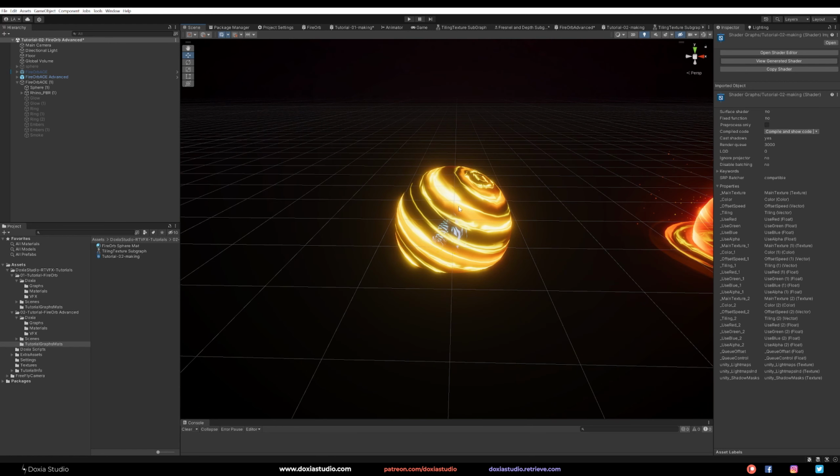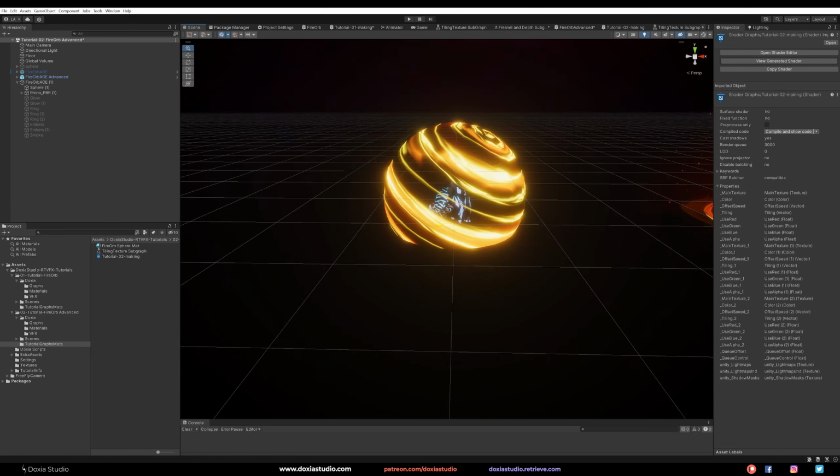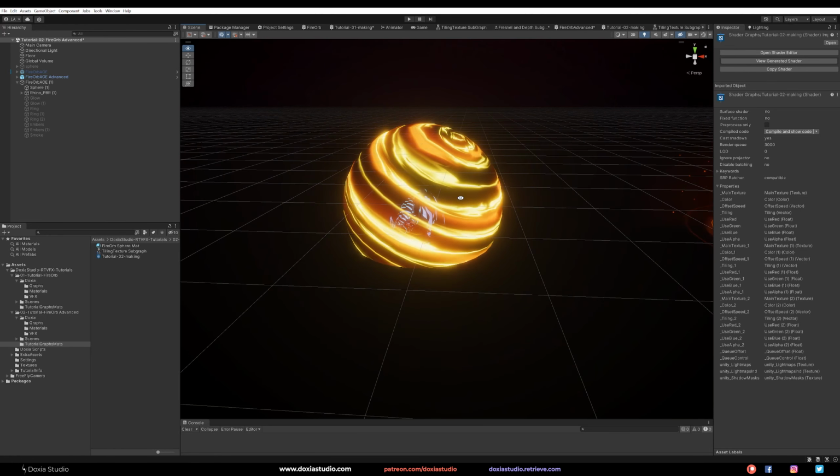When you want to render a back face, it's better to have a different shader graph, a different material, because you want to give different colors for the back face of your animation. So that's pretty cool. That's what we want.